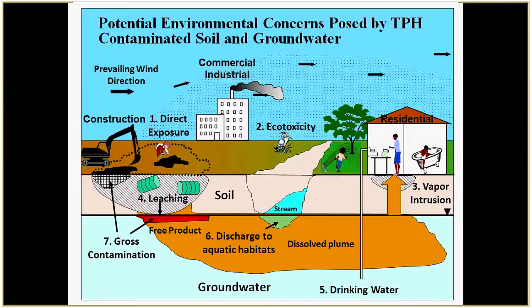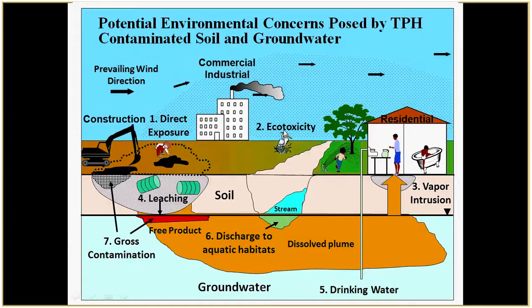A quick review of potential environmental concerns posed by TPH contaminated soil and groundwater, and really by any type of contaminated soil and groundwater, depending on the contaminant. So the first thing most people think about for contaminated soil is direct exposure. So you have a kid playing in some oily, contaminated dirt. So that's incidental ingestion, inhalation of vapors, getting it on dirt on your skin, having it absorbed through your skin. Really, one of the main risks for petroleum is actually inhalation of vapors for gasoline and diesel, more than, say, a kid or an adult even incidentally eating some soil. That's for human health risks.